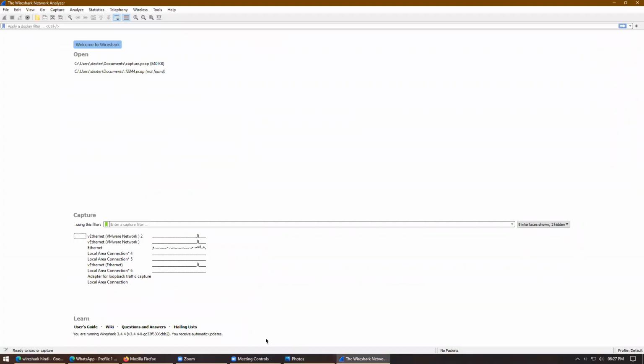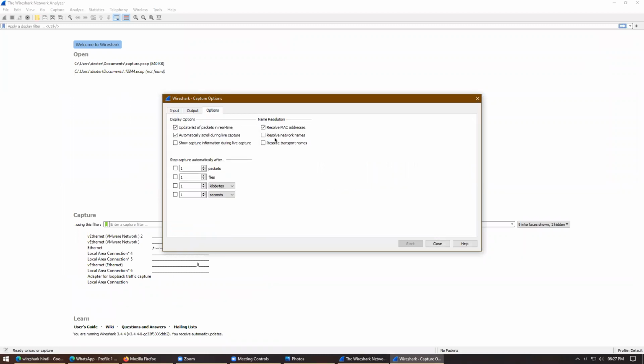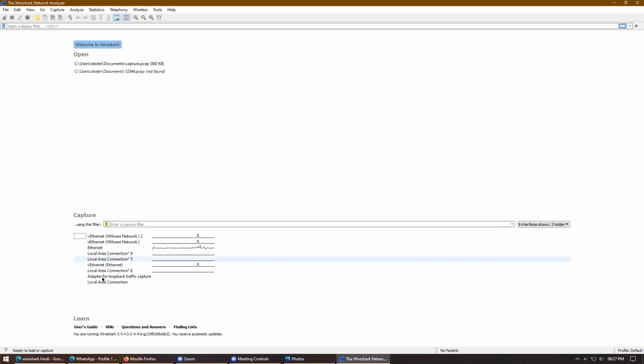That option resolves the MAC address to the brand name. There are also resolve network names and resolve transport names. Leave these options at default when you are new in this field. So just start capturing.